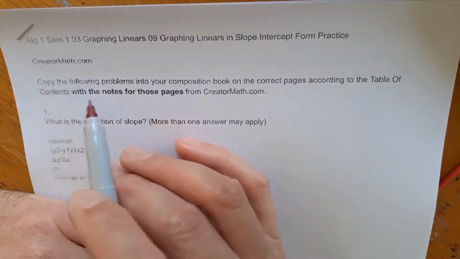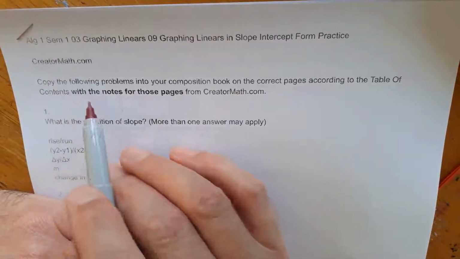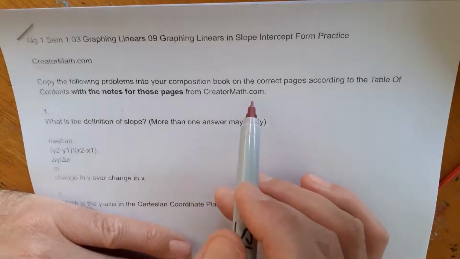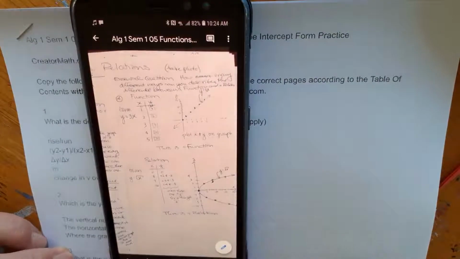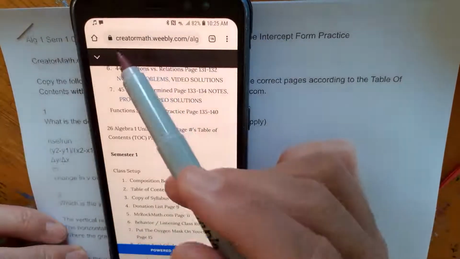The instructions are: copy the following problems into your composition book on the correct pages according to the table of contents, with the notes for those pages from creatormath.com. Typically, I try to model for you how to find these notes because they can be difficult for students. So let's see what we've got. Here's the actual name of the website,